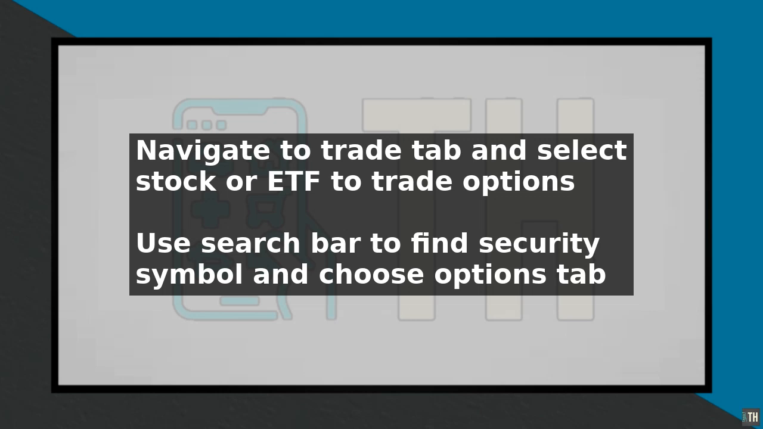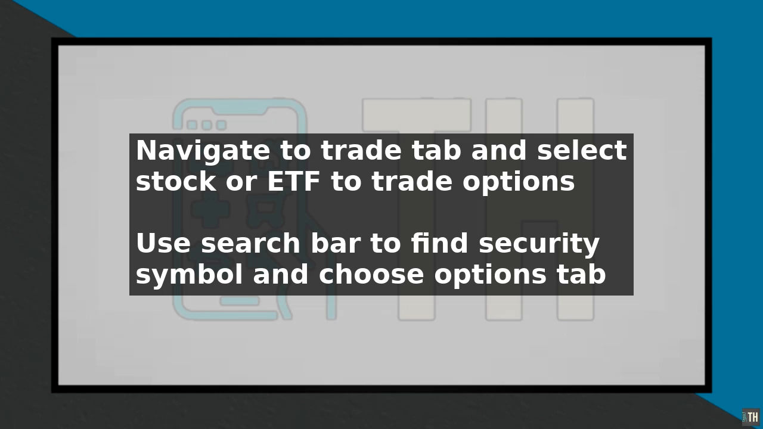Next, select the strike price and expiration date of the option. The strike price is the price at which you can buy or sell the underlying security, and the expiration date is the last day the option can be exercised. Choose the number of contracts you want to buy or sell, keeping in mind that each contract represents 100 shares